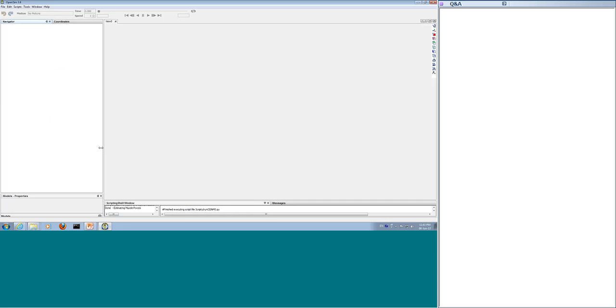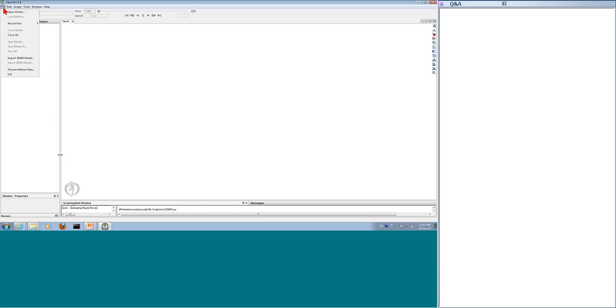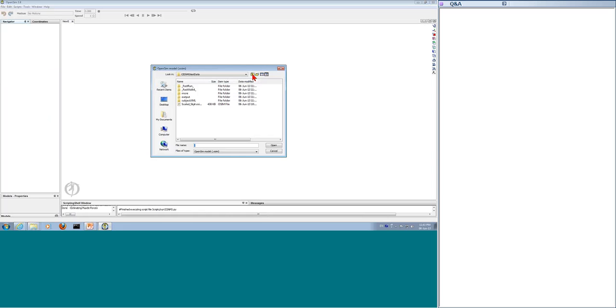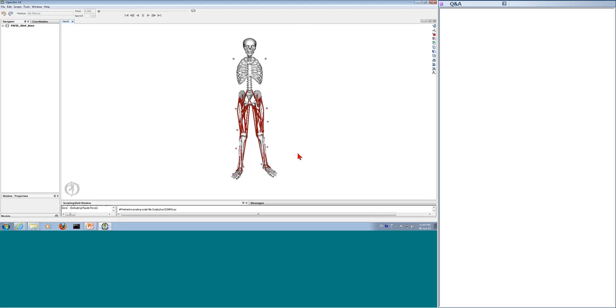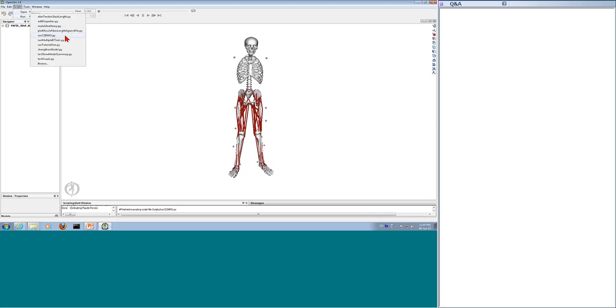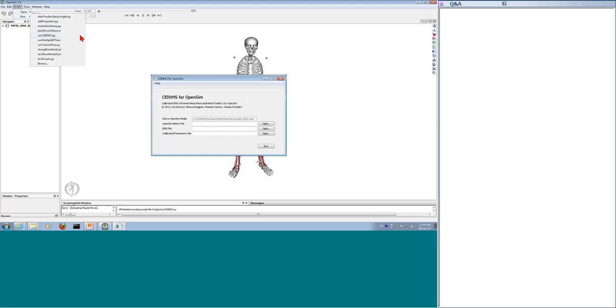So here is OpenSim, and first of all, we have to open an OpenSim model. This model, as you know, defines the geometry of the muscles and consequently will influence the results of the simulation. Every valid OpenSim model can be used, of course. Second, on the script drop-down menu, we select our script, run CEINMS, and so our custom window appears. In this window, we are able to see which is the currently active model in OpenSim, and now we can select